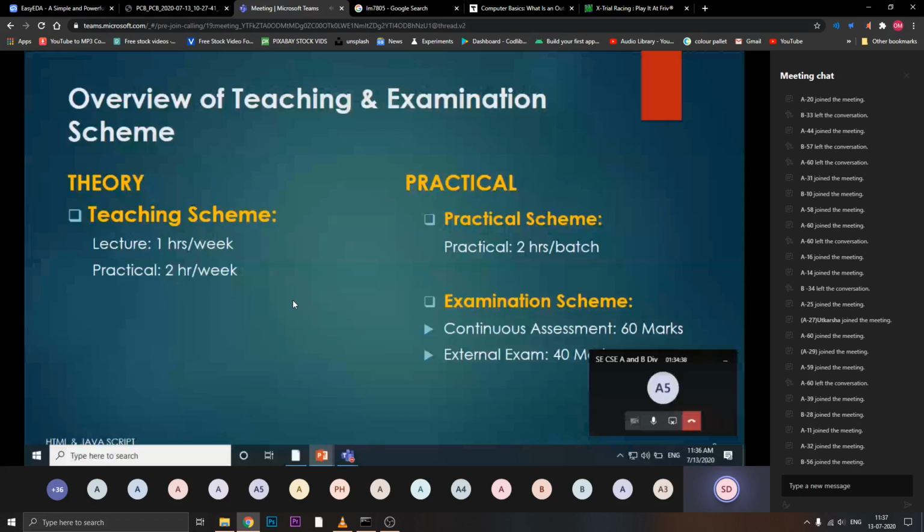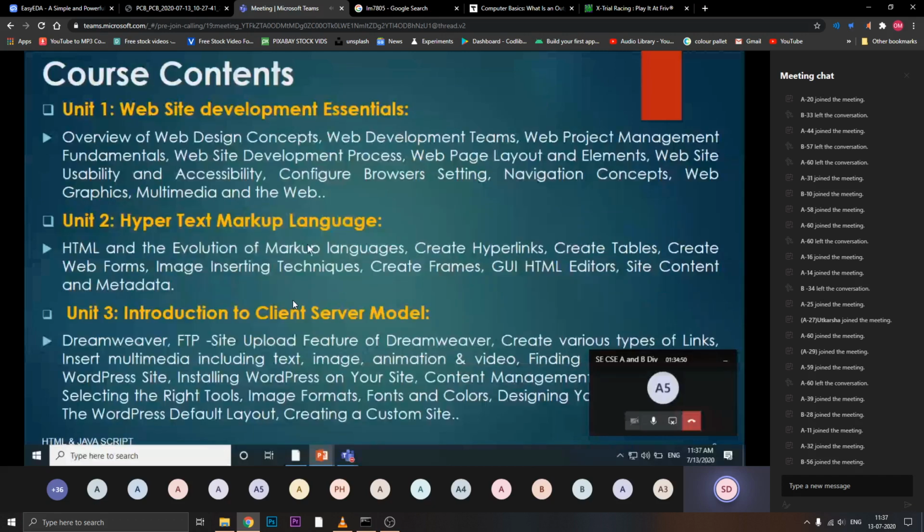Now in this subject totally 5 units are there. One by one I will tell you what are these units. First unit is for website development. Now we are going to see the introduction of this subject also. Before that I am going to tell you each unit contains what particular contents, what we are going to study further unit wise.